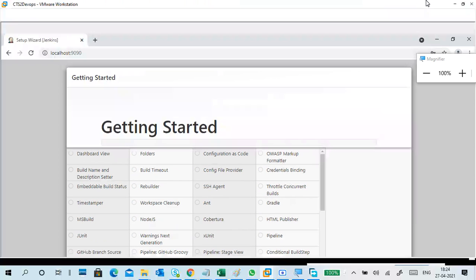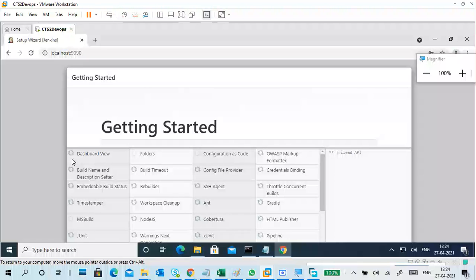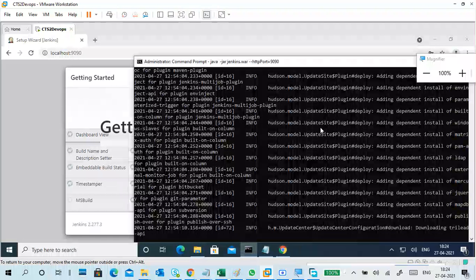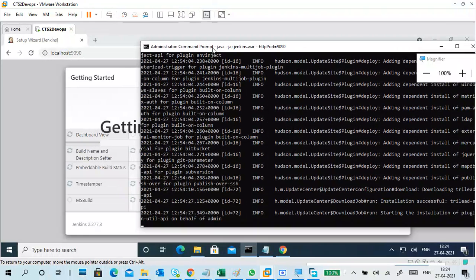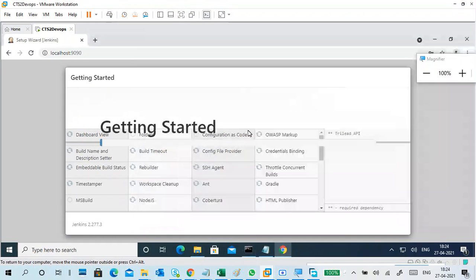It will take literally a lot of time, and also it will throw errors. So we'll see what is going on here. It is running from here only, so don't close this one. Just minimize and keep it.